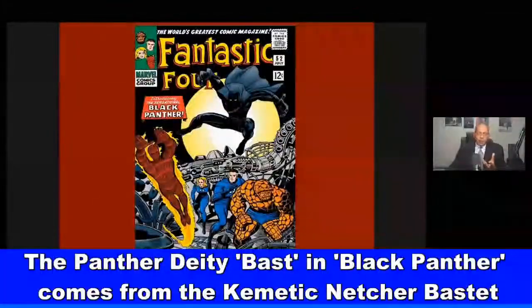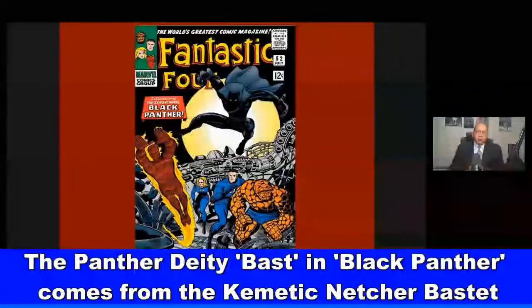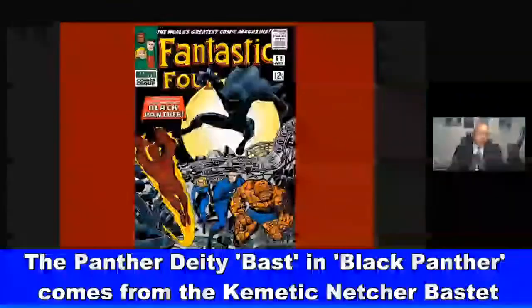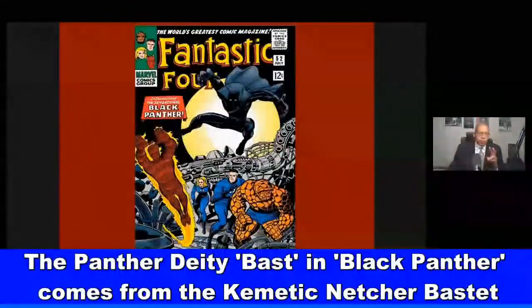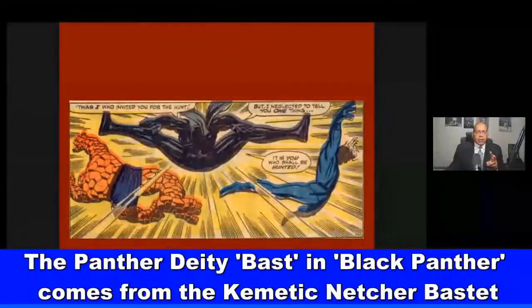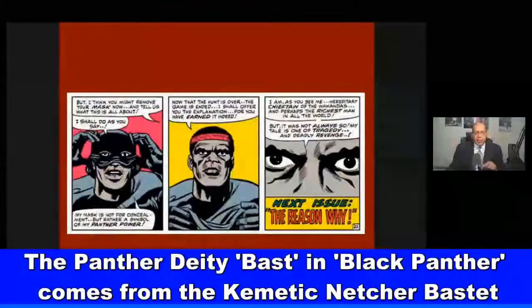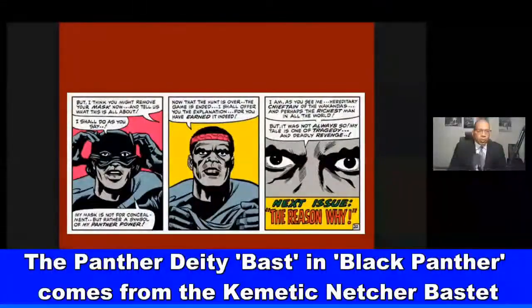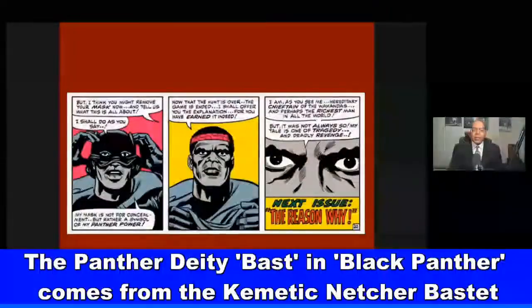So we know the character of Black Panther, T'Challa, was introduced in Fantastic Four issue 52, July of 1966. And it was a 2-part series. And in this comic book, in the first part of the story, T'Challa defeats the Fantastic Four in their own comic book. Okay. And this was the first time we saw like an African superhero like this, or a black superhero like this. And he talks about, at the end of issue 52, as you see, hereditary chieftain of the Wakandans, and perhaps the richest man in all the world,